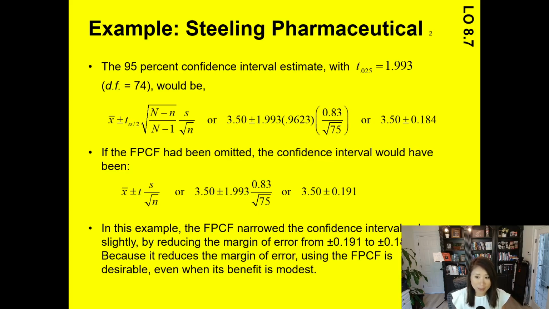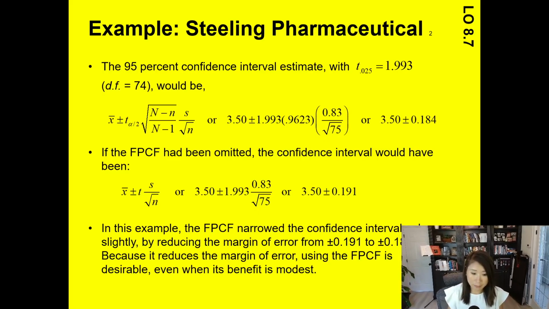Why is that? As I already explained, if your sample size is large enough and covers a lot more of the population, you are more likely to get more accurate population parameter values. So when you know the population is finite, after you apply this correction factor, your interval will become much narrower.